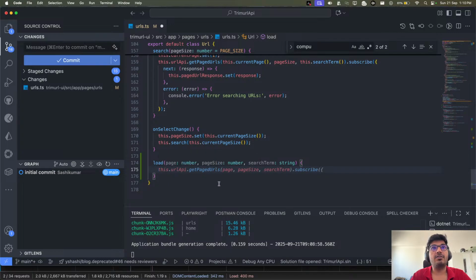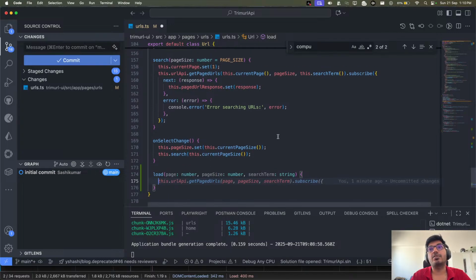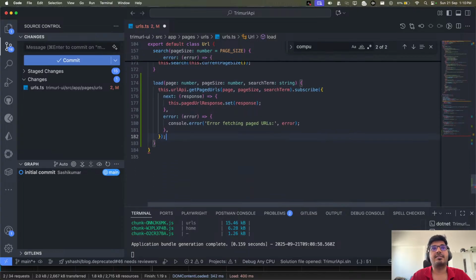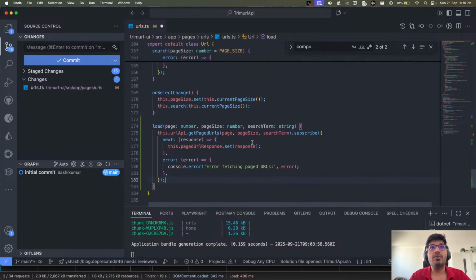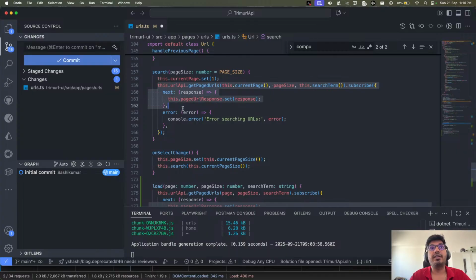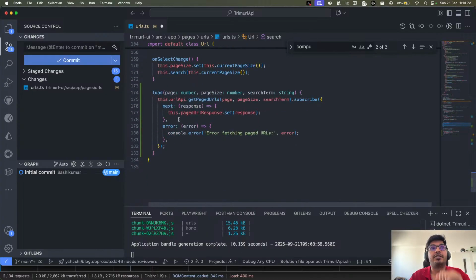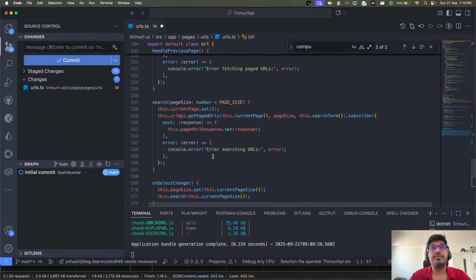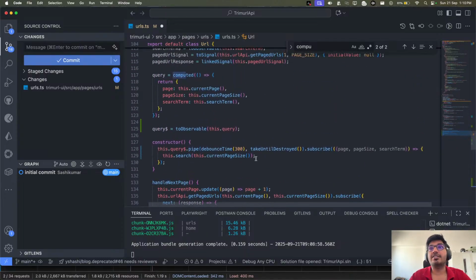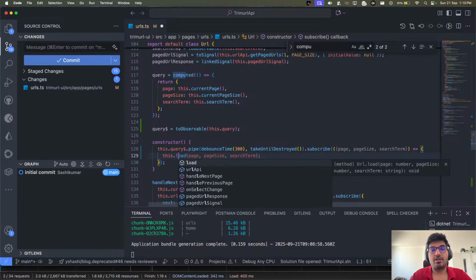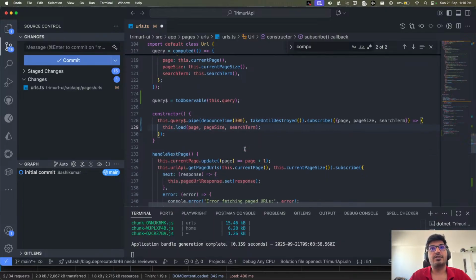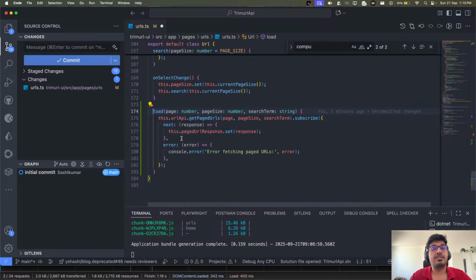I will just copy paste the same thing that you see at the top, the same subscribe we had. Now this API call, which we were doing on every button event, will be handled from this load. Whenever there is any change in the state of page, page size, and search term, we call this.load, passing all these properties.